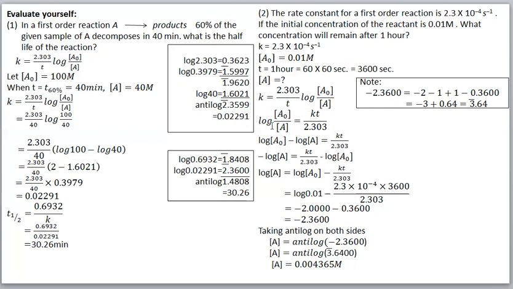Okay. Then you see, on rearranging, we want to find out this A value, right? We can rearrange. This t goes to the numerator, so we'll get log A0 by A equal to kt divided by 2.303. Okay. This log A0 by A is like log m by n. We can write it in log m minus log n form. Okay. So log A0 concentration minus log A concentration equals this value.